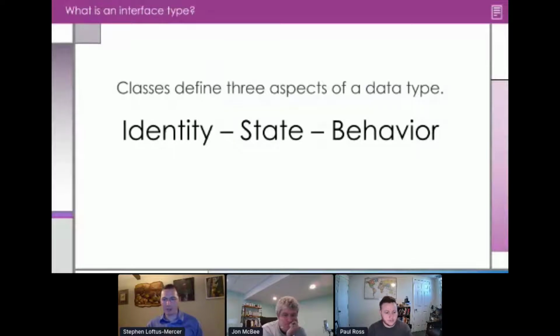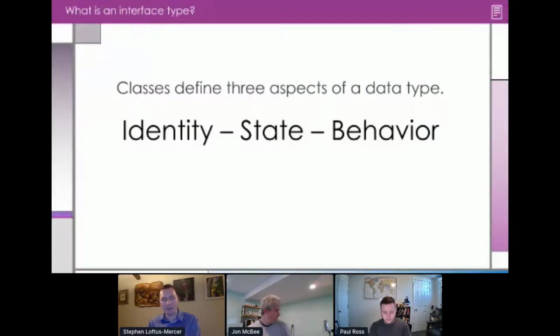We've talked in the past, over the last 15 years since the introduction of LabVIEW object-oriented programming, about classes, and there are 3 aspects of a data type that matter when we're trying to decide, is this a class and what kind of class is it? And we've talked about identity, state, and behavior. And those of you who have watched presentations from me over the years, we go through it. Identity is, how do we as programmers think of this class? What is its role in the system? What is its job? Who else is going to be talking to it? How do we think of this thing? What is its core